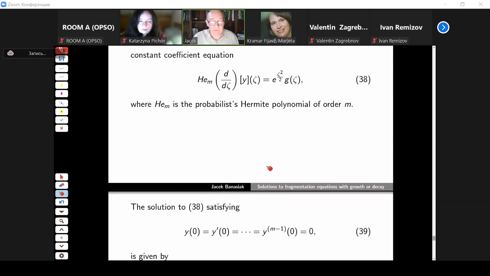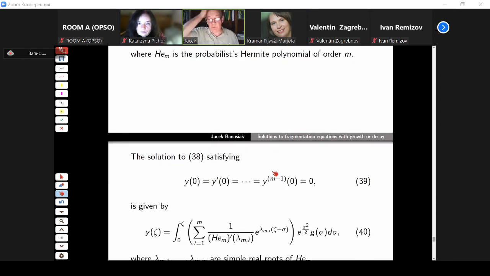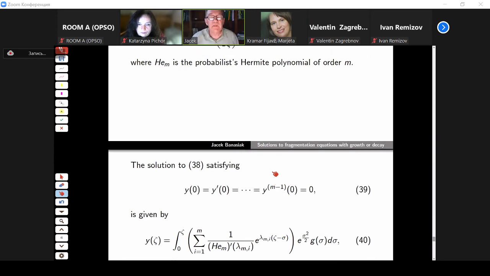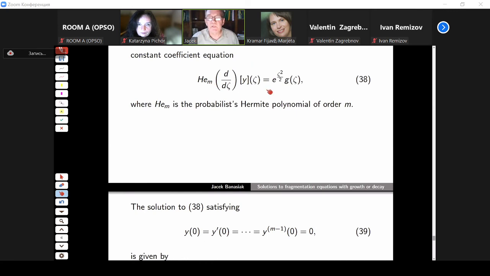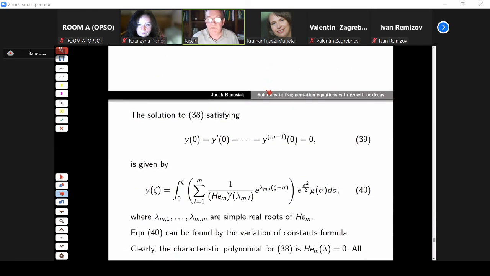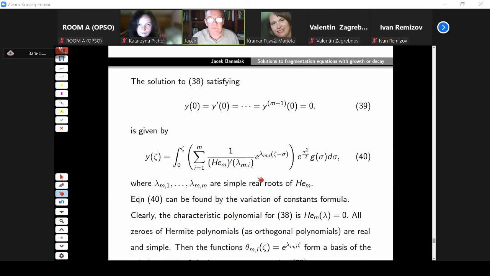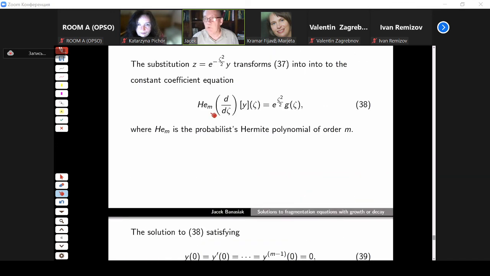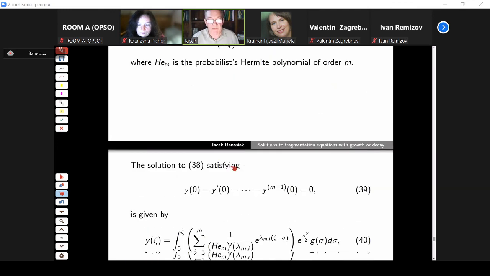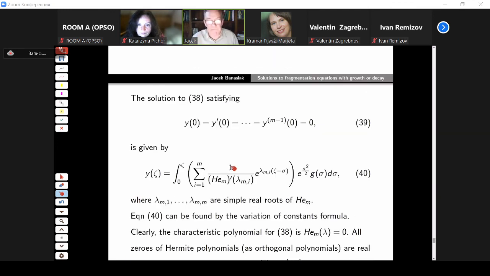I haven't heard this before; my Russian colleague told me this. I didn't believe him, so I proved this fact. But essentially, this equation, as I said earlier, can be solved in quadratures. So if you find simple real roots of the Hermite polynomial, then using the Wronskian, which nobody teaches anymore, but in the case when